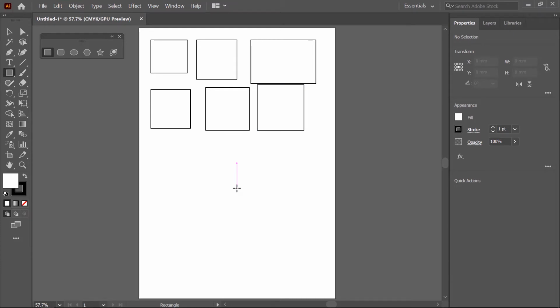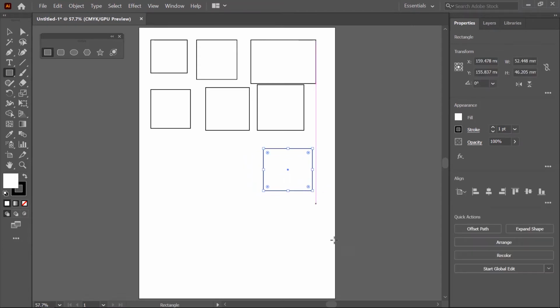Now I create a rectangle without pressing any key. So first I click on a point and then click and drag. But I want to move this rectangle to the right side, but it's not possible. If I click and drag, the rectangle size is increased, but I am not able to shift this point to another point. But you can do this by pressing the spacebar. If I press the spacebar, then I can move this from one point to another point like this.